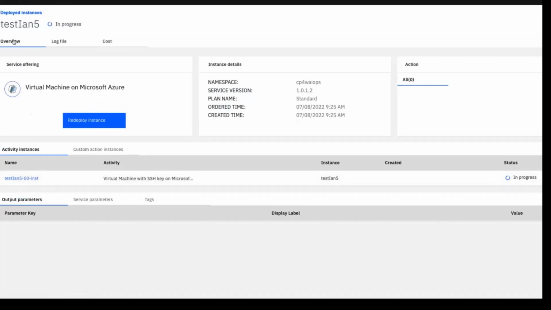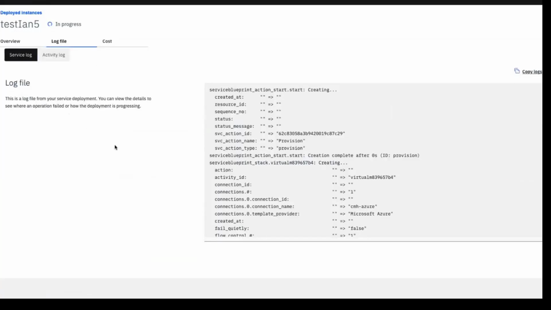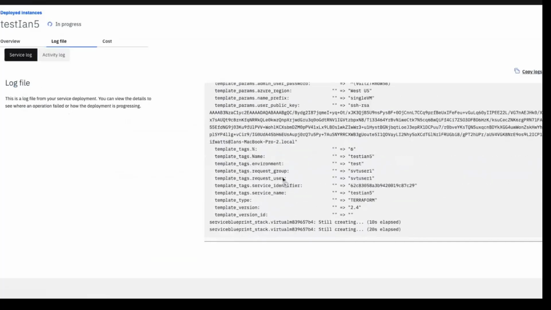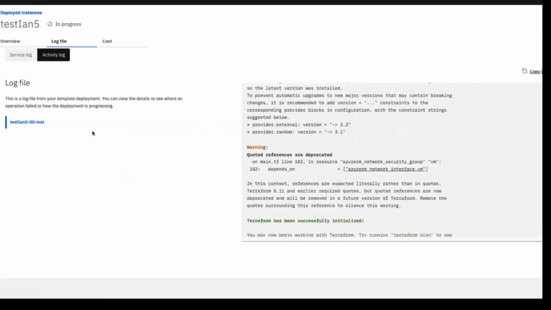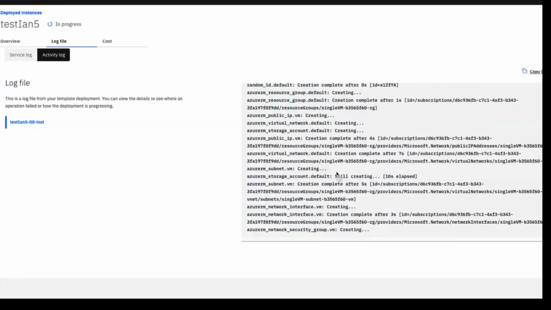At the moment, it is currently in progress. There is not a lot of visibility here, but this will fill in as the system deploys. If I look at the log files, I can actually see logs as they're running on the system. And there's an activity log, which, if you're familiar with the Terraform logs, is where the Terraform logs